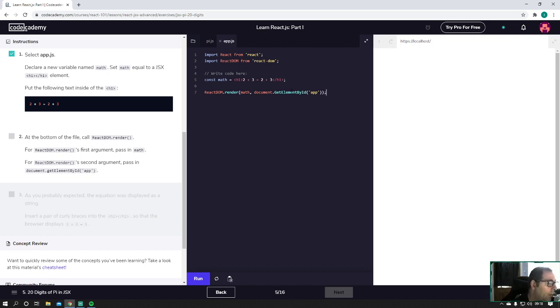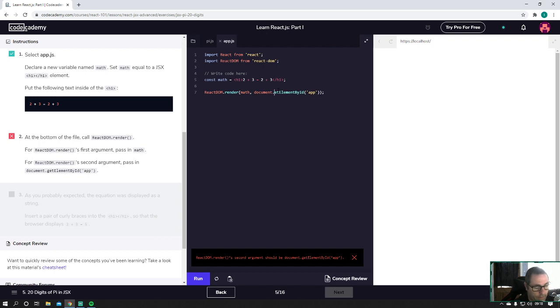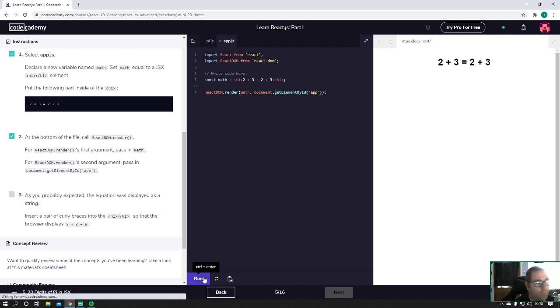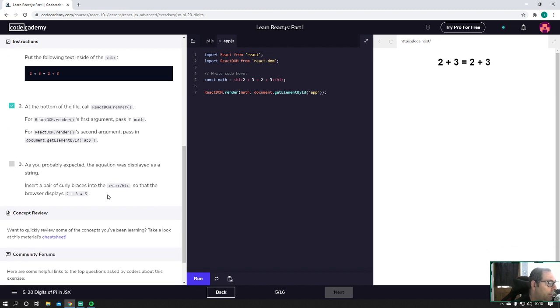Okay. Run. So then we get the text spat out there. No, I didn't like that. React DOM render's second argument should be document.getElement. Oh, I capitalized the G. What a donkey. Oops, shouldn't swear. Children. Okay, so